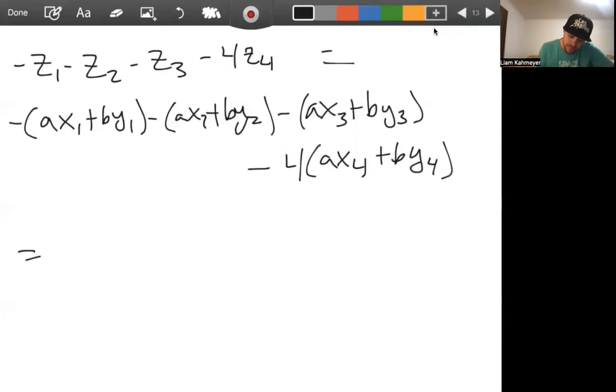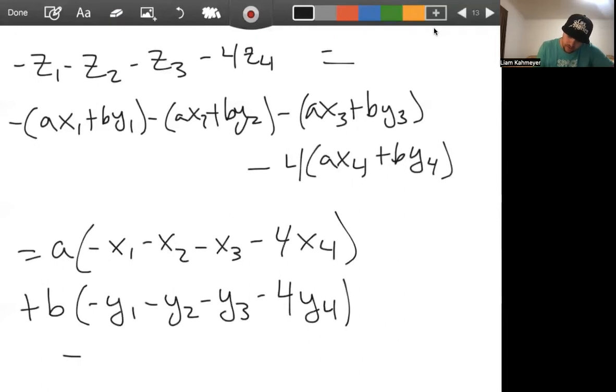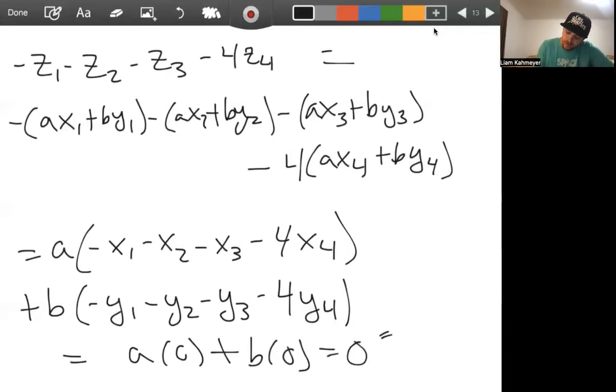And so we're going to get a times (negative x1 minus x2 minus x3 minus 4x4) plus b times (negative y1 minus y2 minus y3 minus 4y4). This is equal to a times 0 plus b times 0, which is 0, which implies that z is an element of U, where z was ax plus by. Therefore, U is a subspace